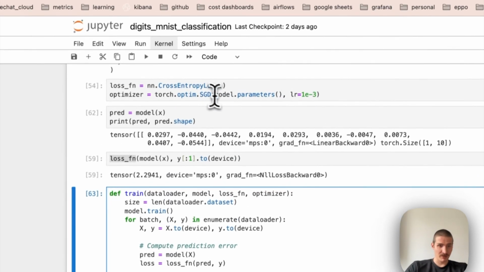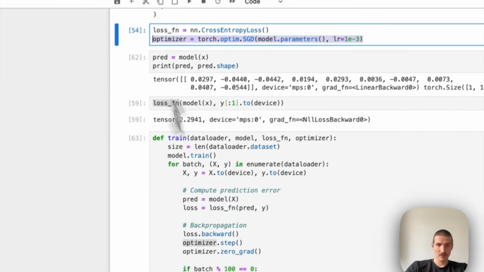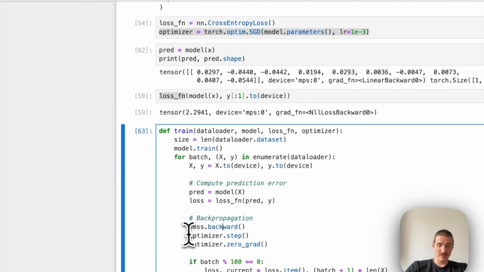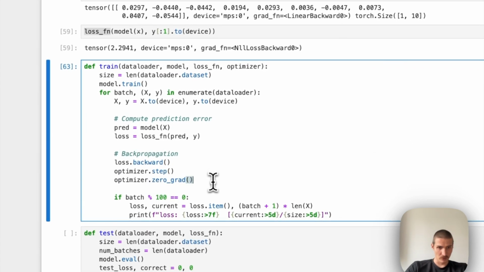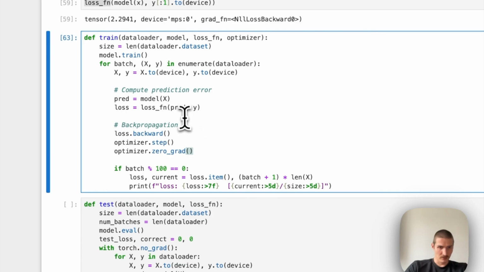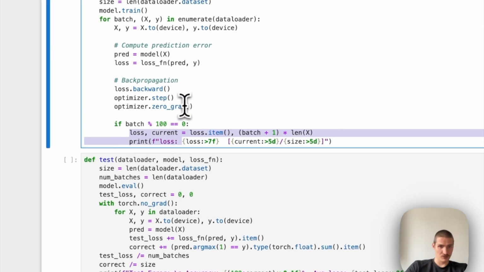Since the optimizer was already connected to the parameters of the network, I can now perform one optimizer step. So one step of stochastic gradient descent, and then don't forget to call zero_grad to set all the gradients to 0. And then once in a while, I'm going to print the actual loss on the training